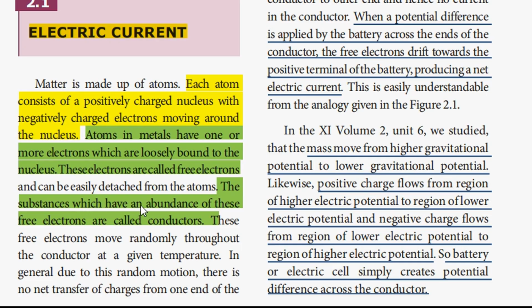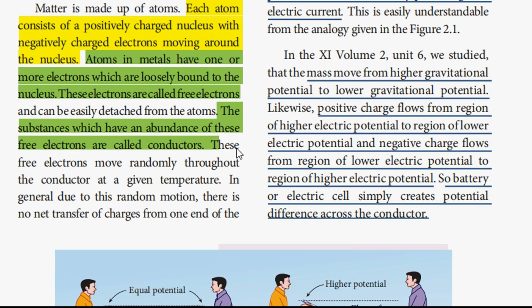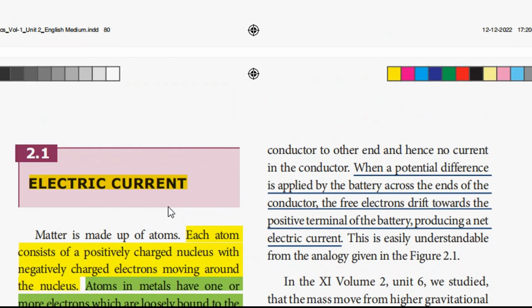The substances which have an abundance of these free electrons are called conductors. These free electrons move randomly throughout the conductor at a given temperature. In general, due to this random motion, there is no net transfer of charges from one end of the conductor to the other end, and hence no current in a conductor. When a potential difference is applied by the battery across the ends of the conductor, the free electrons drift towards the positive terminal of the battery, producing a net electric current, and that is easily understandable from the analogy given